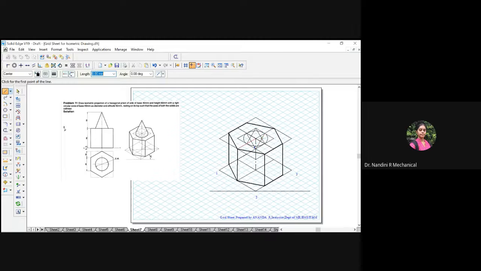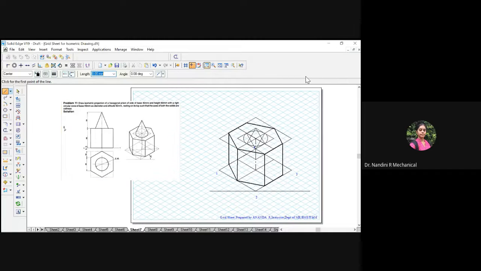So this is the center, 1, 2, 3, 4 and 5. I just drew it in an inclined line way. Select the line properly, select the center line, let the thickness be very small, 0.05 mm.